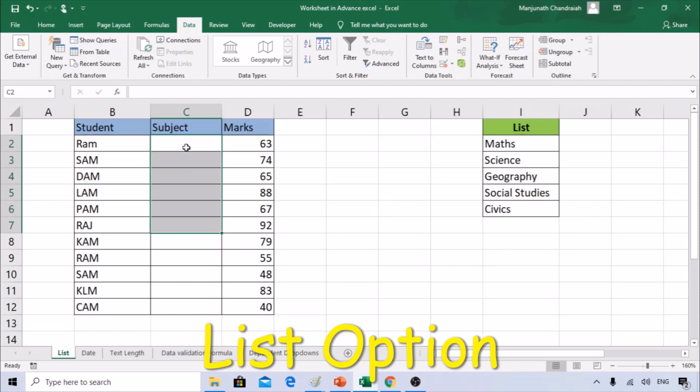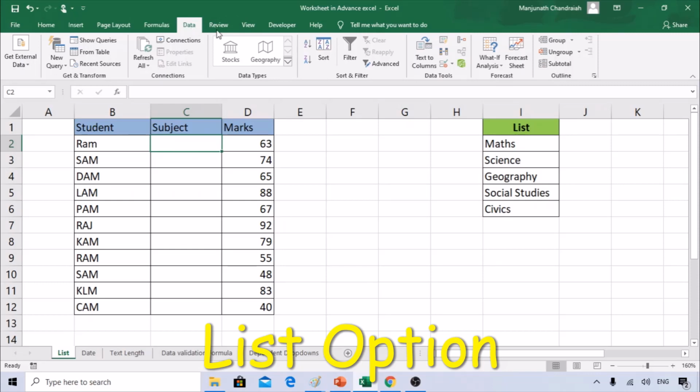So let's try. First of all, for that you need to create a criteria. So we have created a criteria for subjects: mathematics, science, geography, social studies and civics. This is very important to standardize the criteria of what you are trying to achieve. So we have selected this here. So we're trying to put the data validation. So you need to know where exactly you want the drop down list. For that, say I need it in the subject column C2. So I've selected this cell here.